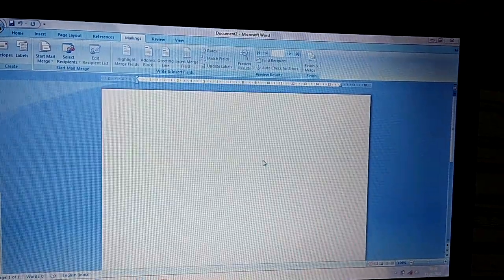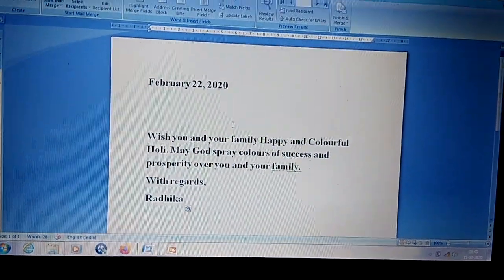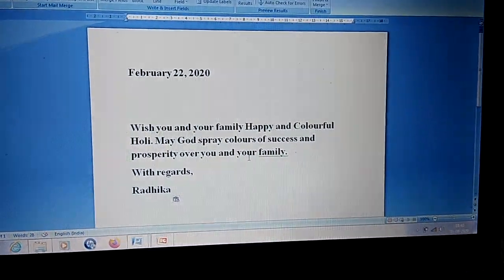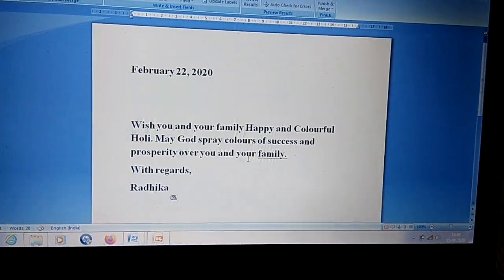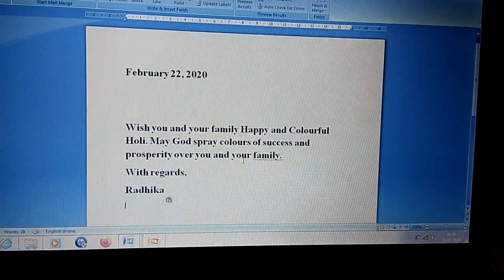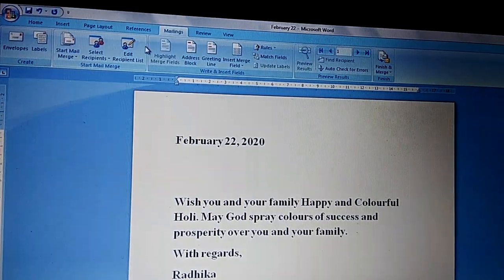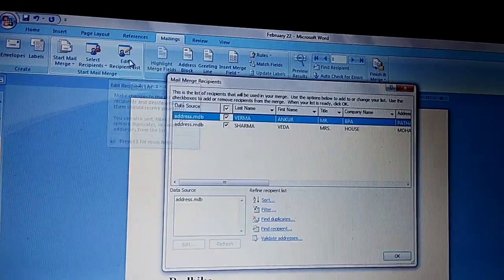After that, you have to type the letter in this way, whatever you want to type. After that, click on Edit Recipient List.